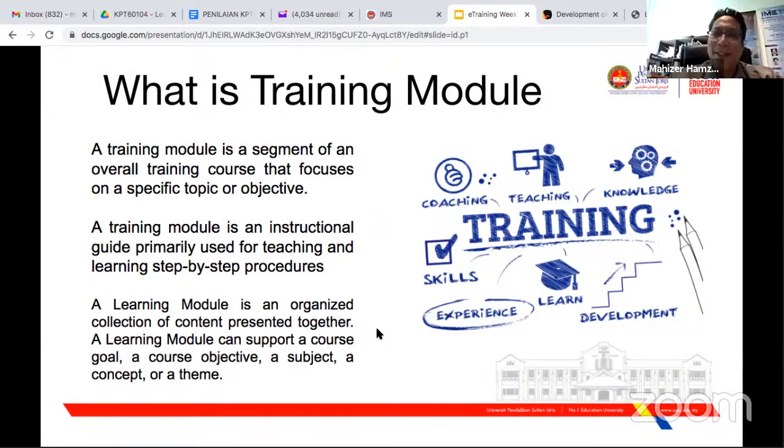Nowadays, even industries would like to have self-learning modules because they can save a lot of money, and they can make sure their employees are available whenever they are needed. For example, if their working hours are 8 to 5, as in Malaysia, they can make sure that their employees are still working 8 to 5, and at the same time, after work or during break time or lunch hour, they can continue with their training. They want their employees to be there because they may have a lot of work to do.